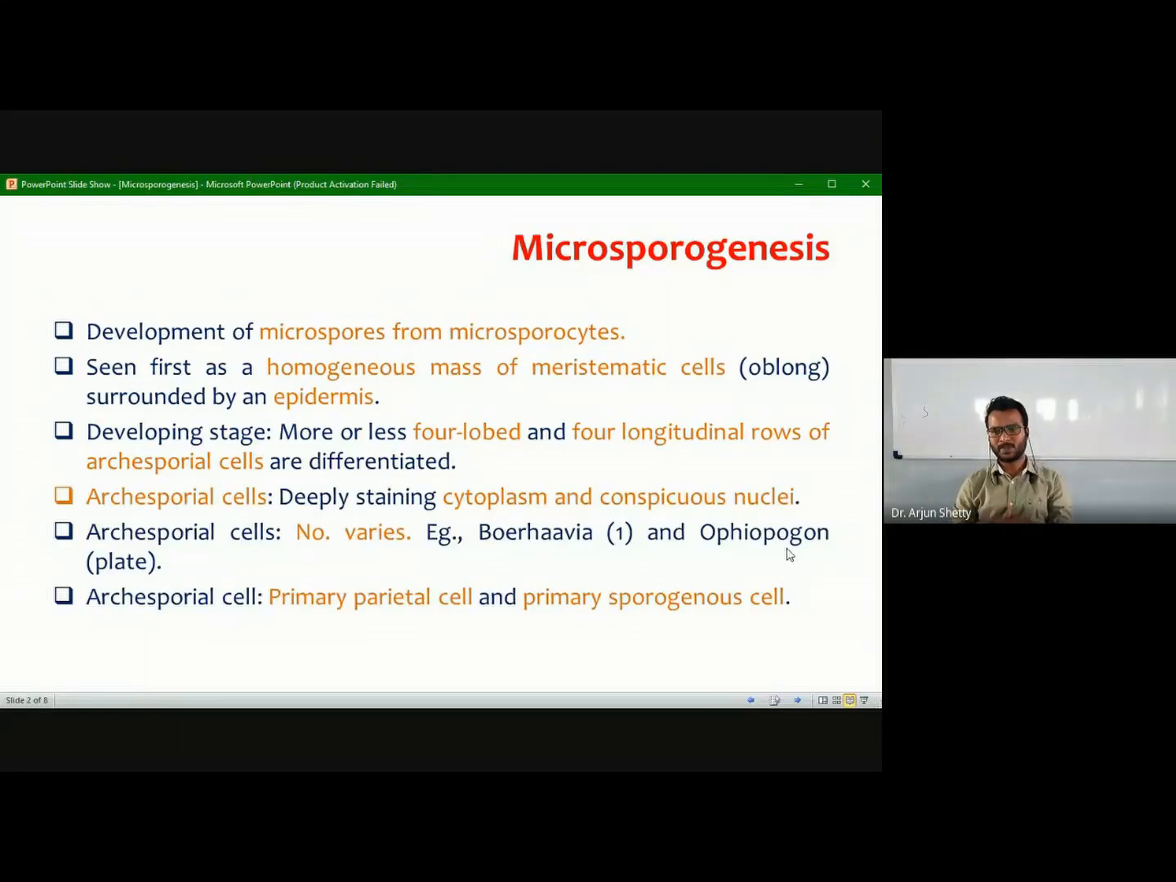In microsporogenesis, as I already told you, microsporogenesis is nothing but the formation of microspores, nothing but the pollen grains. We already know that the anthers act as carriers for the pollens. The pollens are the male reproductive structure, which are essential parts